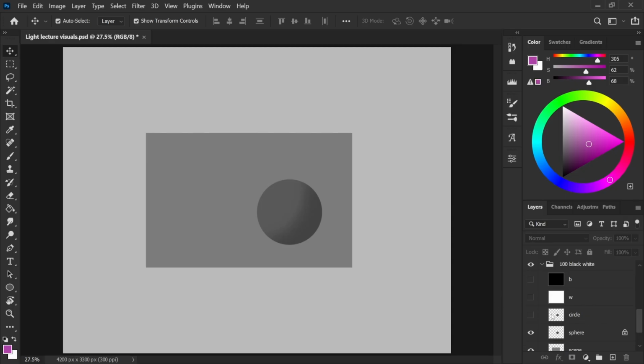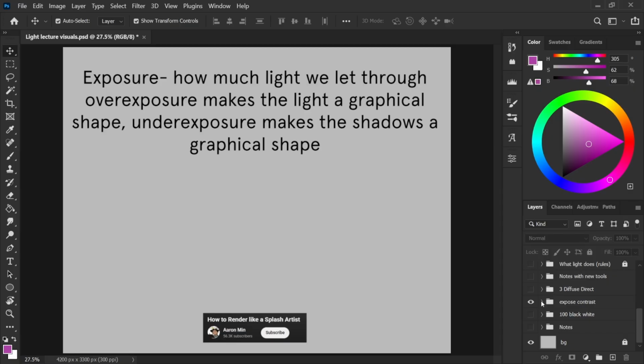But now that we understand that we need to be able to see those shadows, we understand that it's dark, we're adding light. The thing that we need to get into now is contrast. And the first thing I want to talk about when it comes to contrast is exposure. So exposure is essentially how much light we're letting through. This is going back to what we were talking about earlier, where if we underexpose an image, and I think this is something that everyone is used to, I think this is how people work as a default,